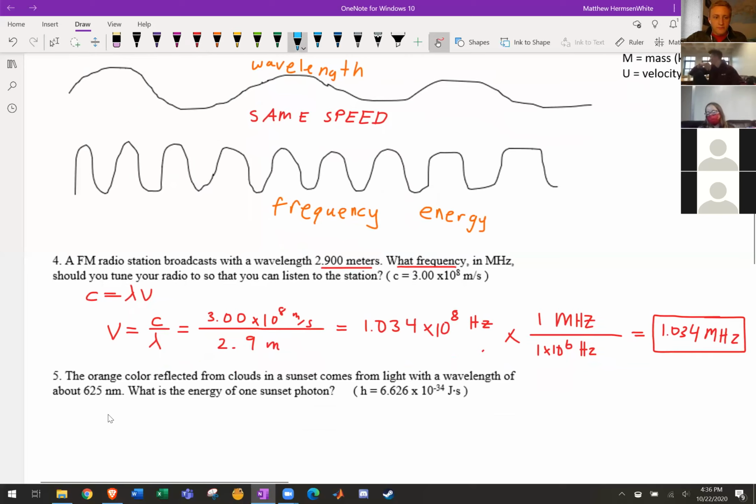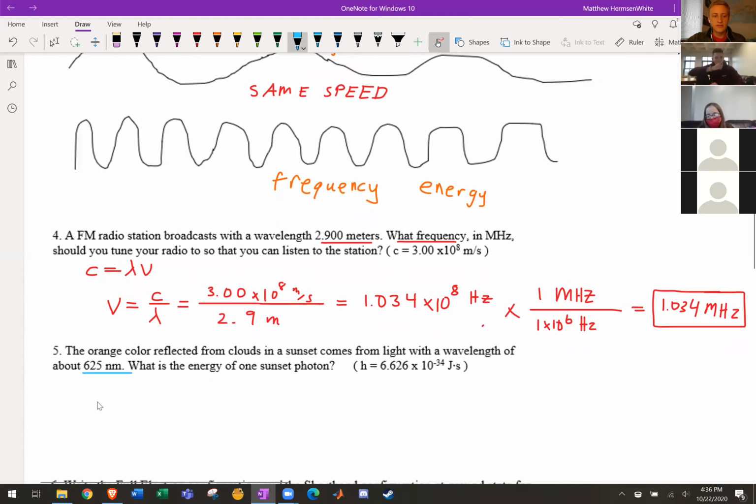All right, and then looking at number 5. We have a wavelength given as 625 nanometers, and it wants to know what the energy is. There are 2 ways to do this. The easiest way is using the equation E equals hc over lambda. But if you want to use this equation and then also use the equation with frequency, you can do that as well. You're going to get the same answer. So putting in h, we have 6.626 times 10 to the minus 34,